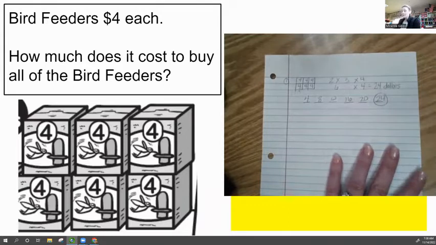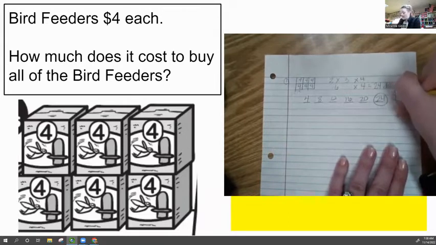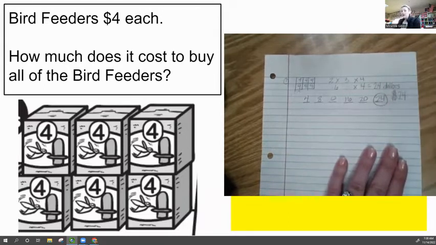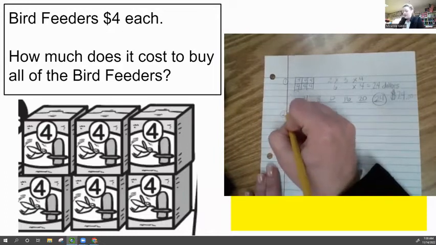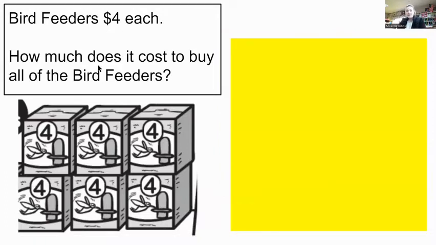Writing it out like that is acceptable, or using the dollar sign, 24. And you could even put the decimal point to show that there's no cents. All right, let's look at number 2. The second one,